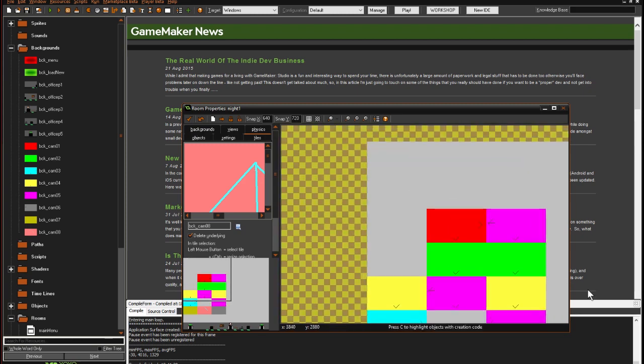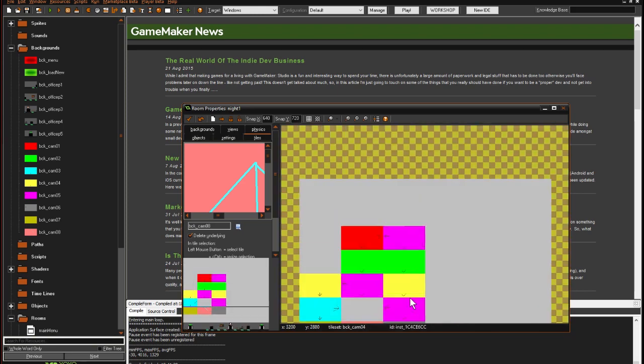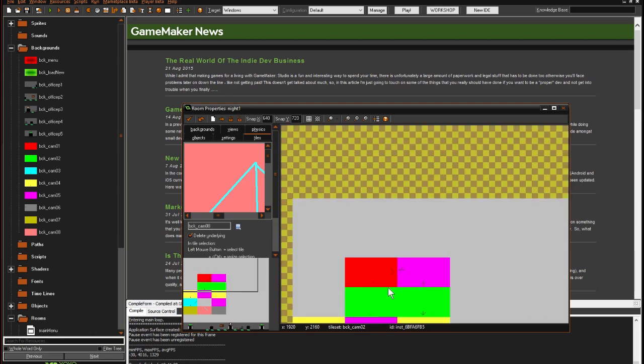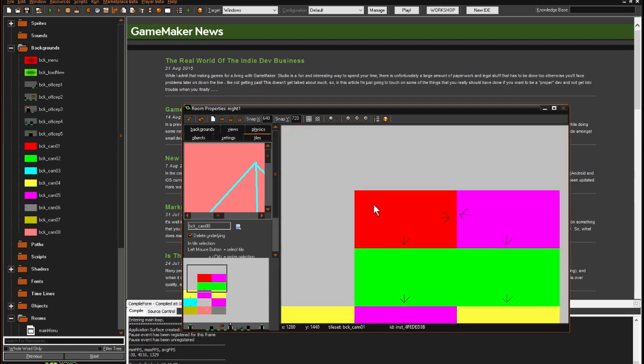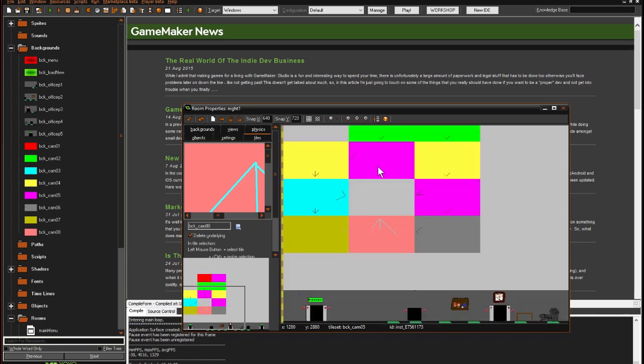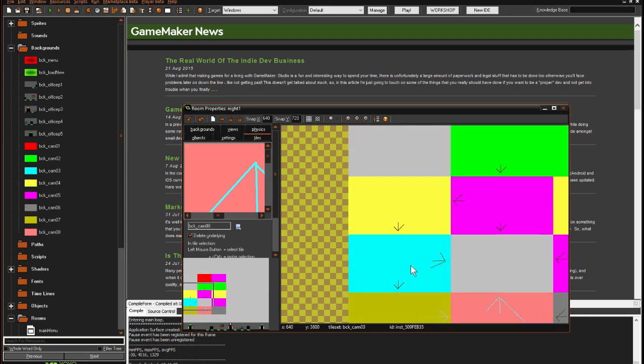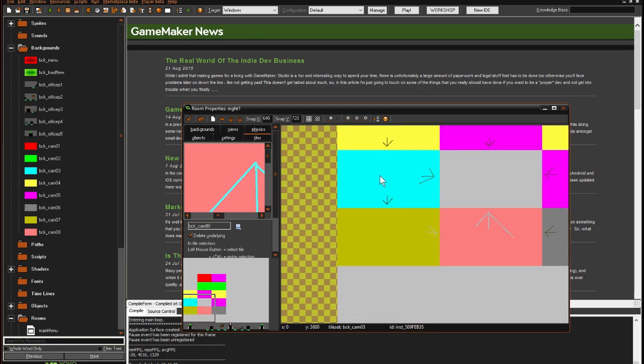So you're supposed to make different images that fit for each camera, and then put them beside each other in a way that makes sense. So like the enemies start up here, and then they can either go this way or this way, and when they get right here, they can go down here, and when they get right here, they can either go into your office or go over here. And when they get over here, they can go down here, and when they get down here, they can either go into your office or just go down here. And when they get down here, they can go over here,